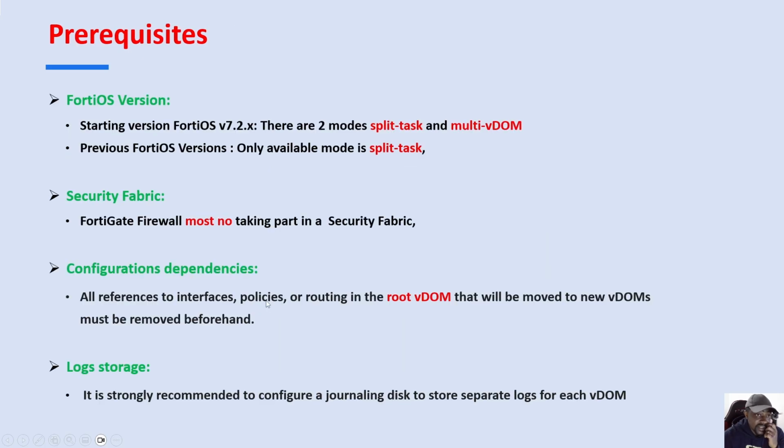Then, talking about the prerequisites. If you want to implement FortiGate vDOMs in your environment, you need to consider the different modes that are available. Depending on the FortiOS version you are using, you will get either the split task mode or the multi vDOM mode. For previous FortiOS versions, the only available mode most of the time will be the split task mode. You also need to make sure that the FortiGate device on which you want to enable vDOM